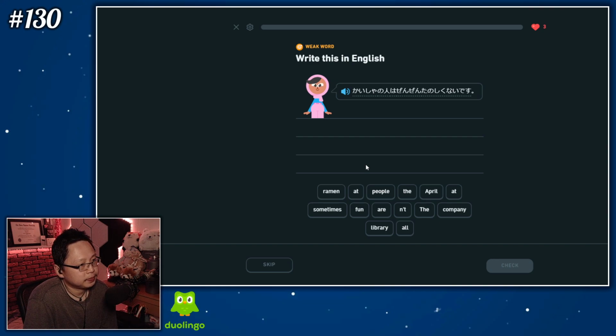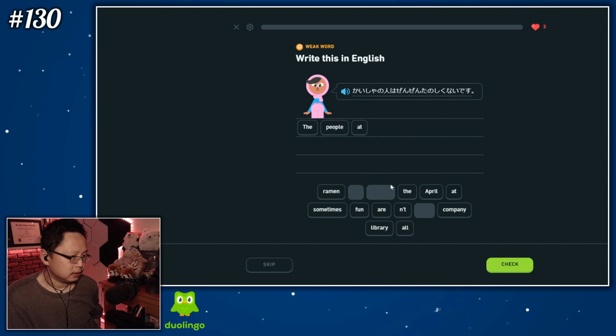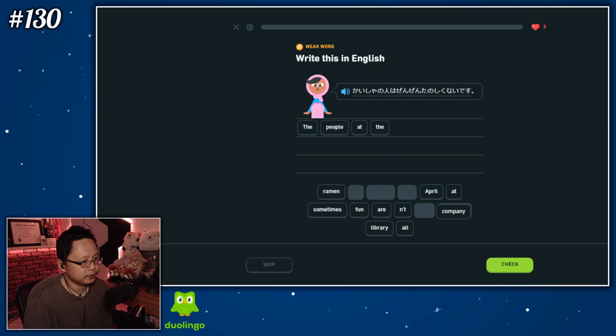Kaisha no hito wa zenzen tanoshiku nai desu. Well, actually, this is a different unit too. Huh. Interesting. Kaisha no hito wa zenzen